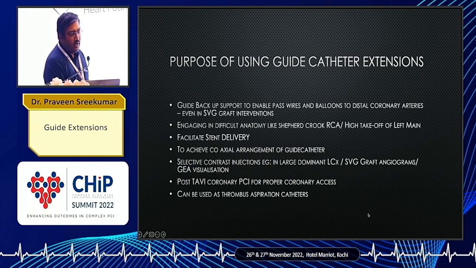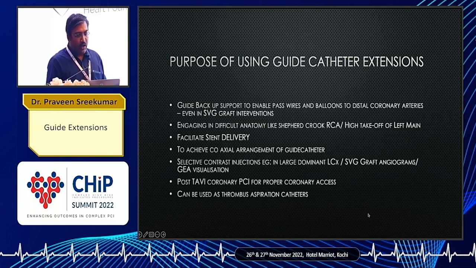The main purpose of using guide catheter extensions: the largest registry is the 20 registry, which came out in 2020, and in that registry, most of the guide extensions were used for abnormal anatomy and also for support, mainly backup support. About 58% of cases were used for backup support for delivering either wires or stents, and to facilitate stent delivery. In stent delivery, it helped in about 30% of cases. And it is also used for correct coaxial arrangement of the guide catheter. So if you don't get a very good coaxiality with the guide catheter, you can use a guide extension to further achieve good coaxial